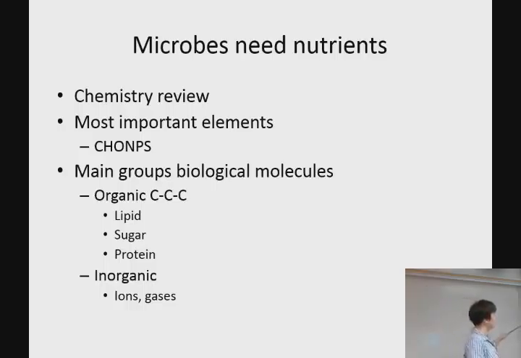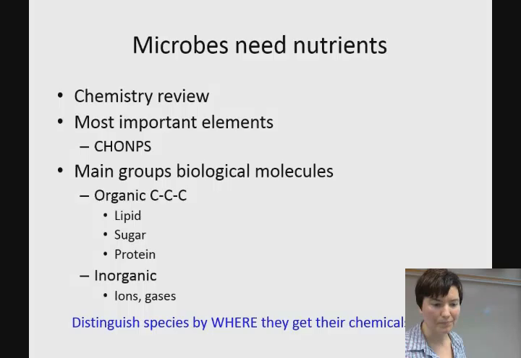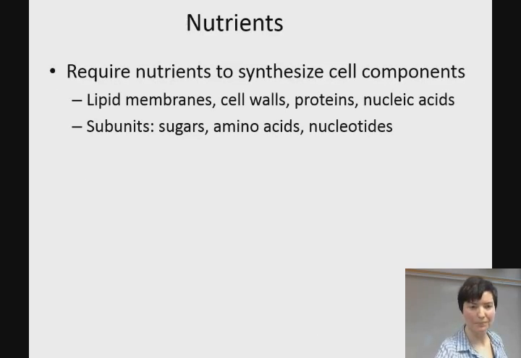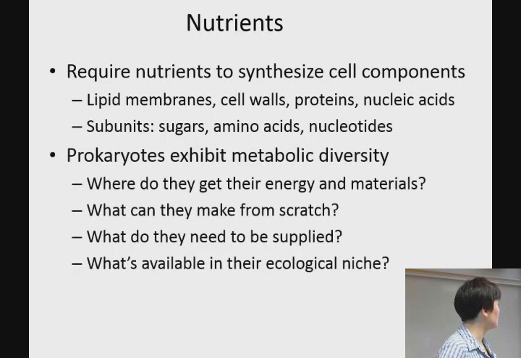And so, again, a lot of these carbon-carbon backbones make our lipids, sugars, and proteins. There are some inorganic molecules we need and some ions. We can actually classify and distinguish species by where they get their chemicals from. What are nutrients for? Obviously, we need them to synthesize new cell components, so we need new membranes, cell walls, proteins, nucleic acids. And we get that by breaking stuff down into the component subunits, so sugars, amino acids, and